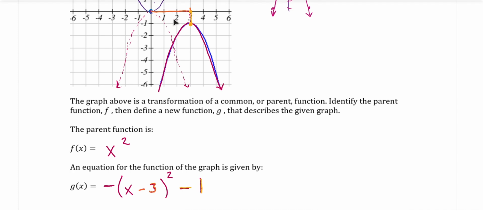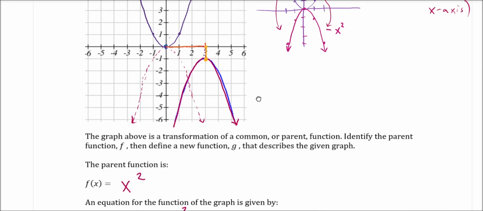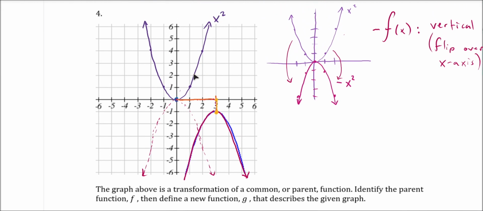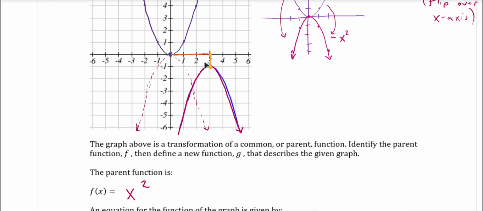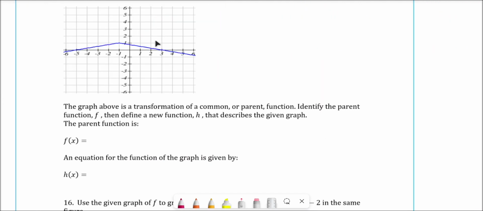So those three parts, negating the outside, minusing by 3 inside the function to shift it right by 3, and minusing by 1 outside the function to shift it down by 1, would bring me from this original parent graph flipped down and over to this new graph here. And that's that. This next function doesn't just have the previous 3 transformations, but includes a new one that is